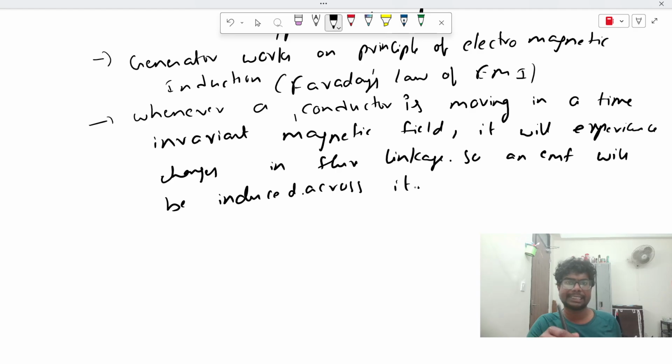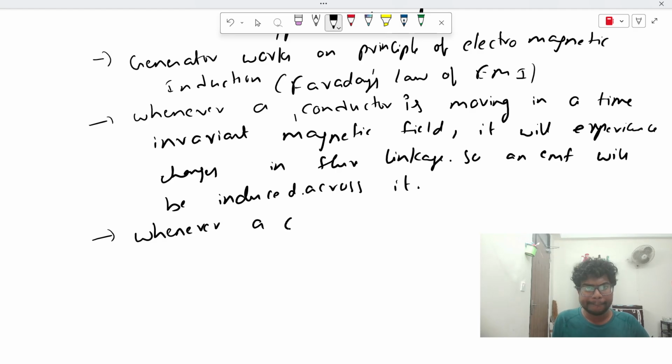That means one conductor is there. This is one conductor, and it is moving. If you find this sentence is very big, then make it small. Whenever a conductor is moving in a magnetic field, an EMF is produced. For simplifying, whenever a conductor is moving in a magnetic field,